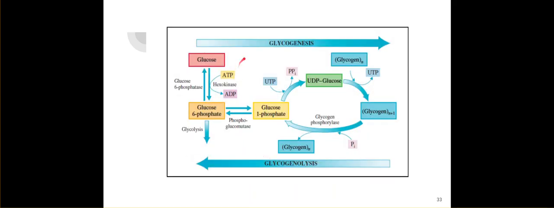So what we have here is glycogenesis, where we're building up the glycogen. Okay, so the glucose comes in as glucose 6-phosphate, gets converted to glucose 1-phosphate, gets converted into that UDP glucose, and then it adds that glucose to that glycogen chain. So you now have a glycogen with an N+1